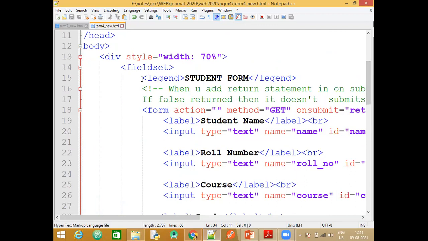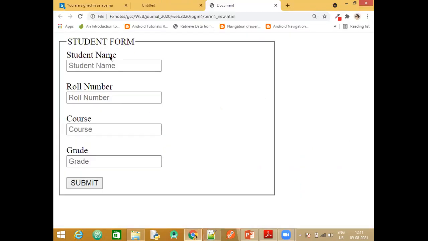Now, what is this legend? Within the legend tag, I have written student form. Where is the student form coming from? You remember you had one tag called caption for tables, right above the table. So for the form also, now if you do not mention that, it is fine, it will work. But for the user to understand what form we have created, it is better always to give such titles. So the legend tag will help you to give a proper title and fit it within that border itself. The border will cover up, and in the center you get this student form or whatever title you give, that will be visible.